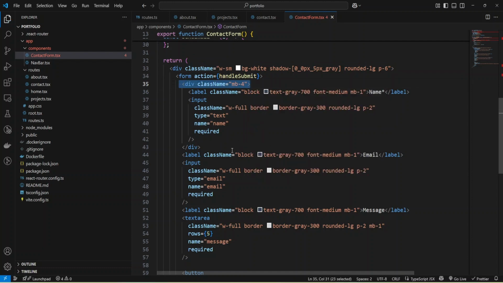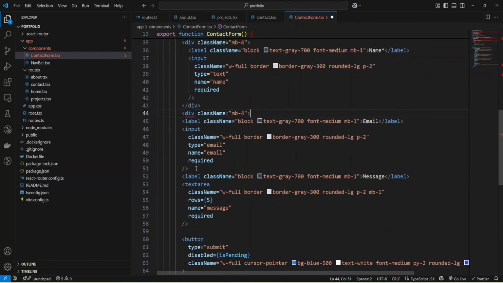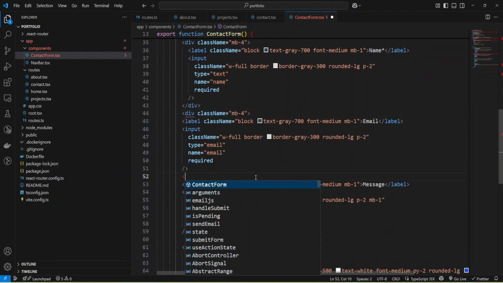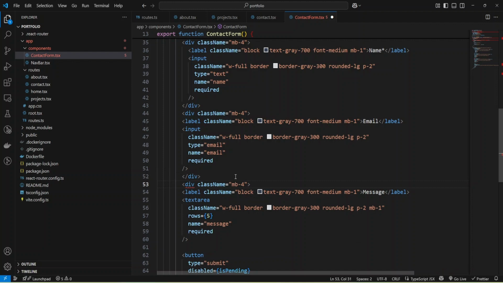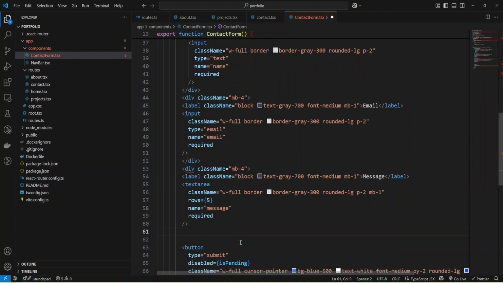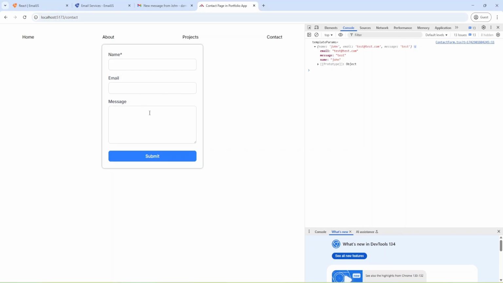Okay, and I'll add the div for the rest of the fields for my email. And I need to close it, and also for text area, and close it here. Okay, and let's check, and looks better now.